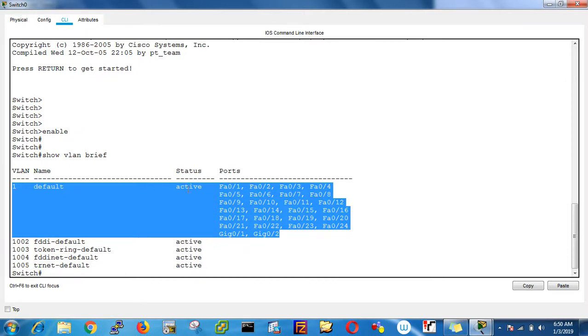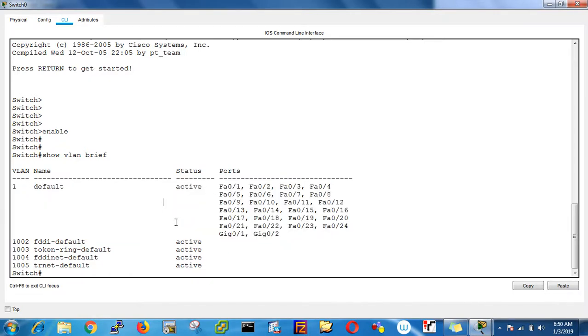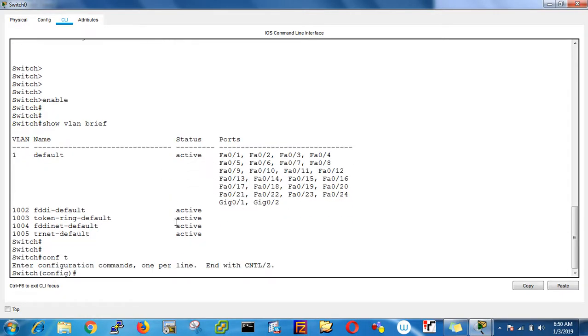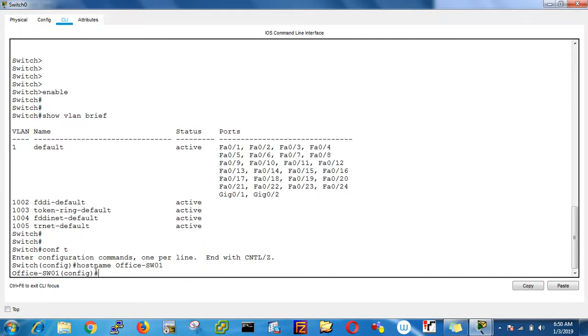And what I'm trying to do now is create multiple VLANs. To create the VLANs, go to configuration mode. As per best practice, always change the hostname. So I'm going to change the hostname. I just want to give it office switch 1. That's the name of my switch. Now I'm going to create the VLANs. So how am I going to create the VLANs? You can type here